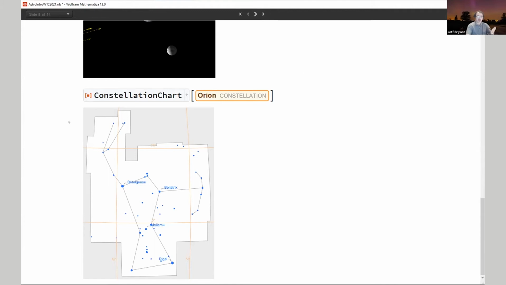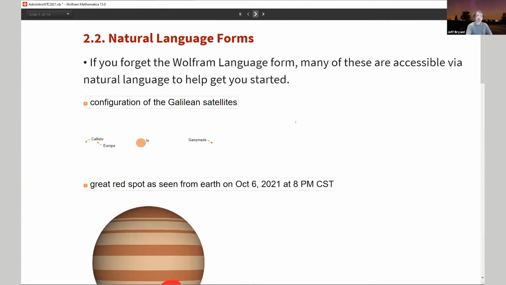Now, that's fine if you can remember what the input form is, but one of the other things that we have is Wolfram Alpha Notebook Edition now. Wolfram Alpha Notebook Edition is based entirely on natural language. So if you can't remember the input form for some of these new functions, you can just use natural language. And so here's basically the same things that I was just showing you, but using control equals if you're in a regular Mathematica notebook, or if you're in a Wolfram Alpha Notebook Edition notebook, you've already got an input field